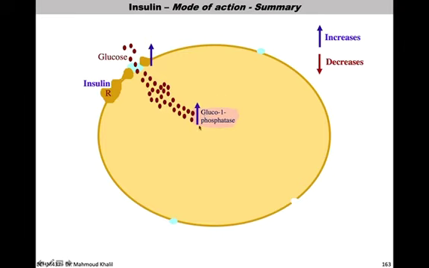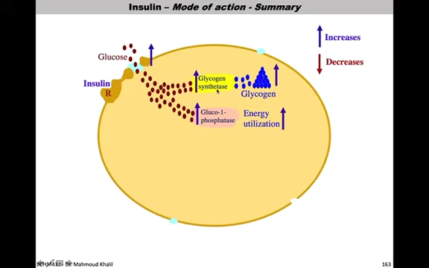If you remember this, it will maintain a concentration gradient that is high outside to the inside. This is used for energy utilization, and glycogen synthase also increases, and this will lead to an increase in the amount of glycogen stored inside the cell,